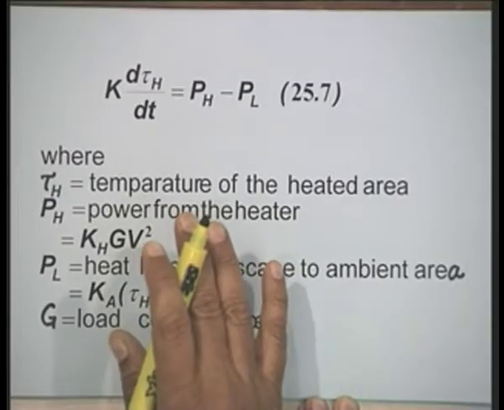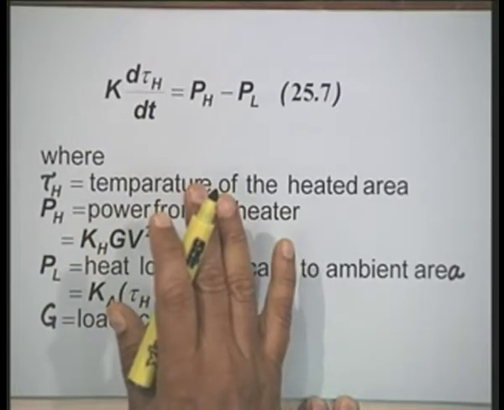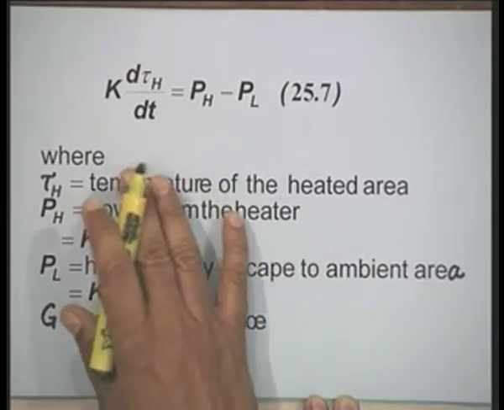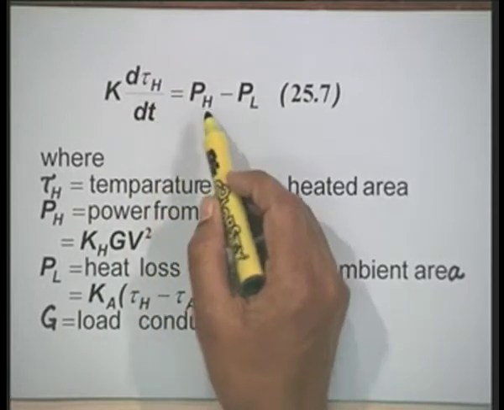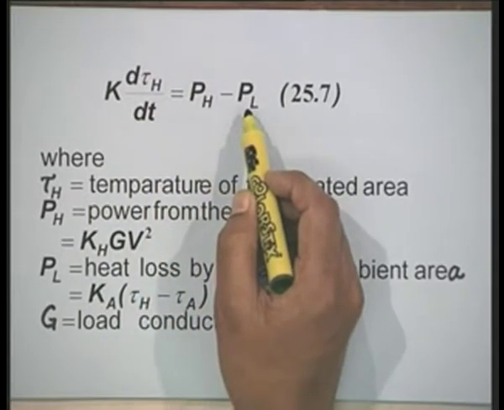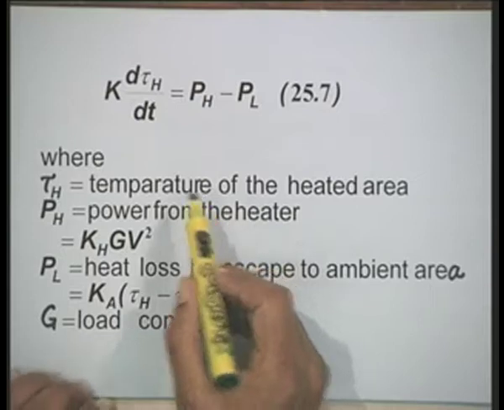The differential equation which governs the heating process or temperature control is written by this equation, that is K times d tau h by dt equal to pH minus PL. This is a very important equation,